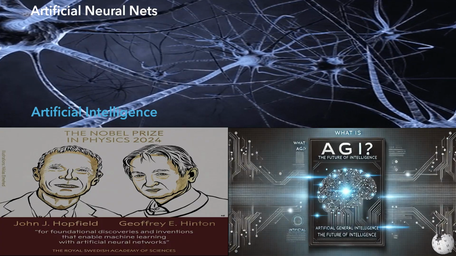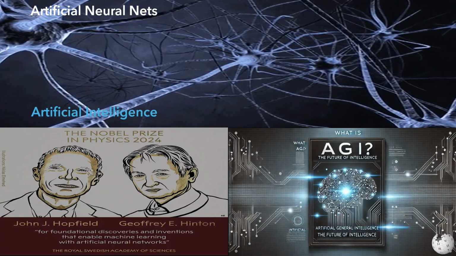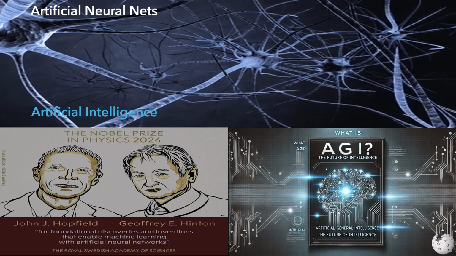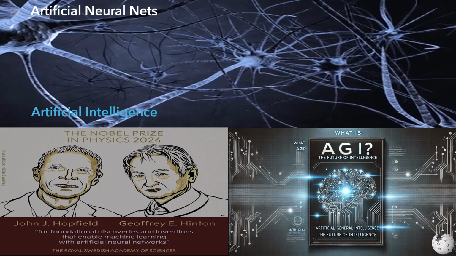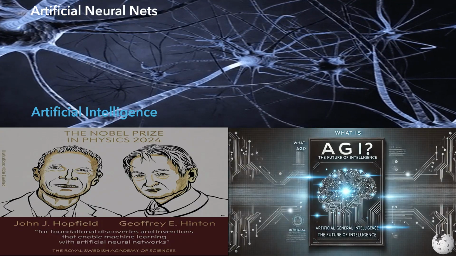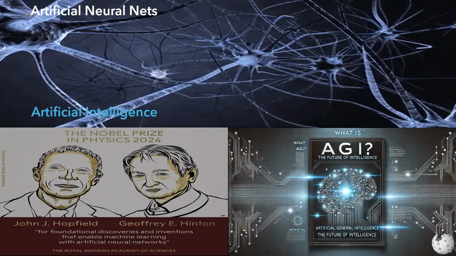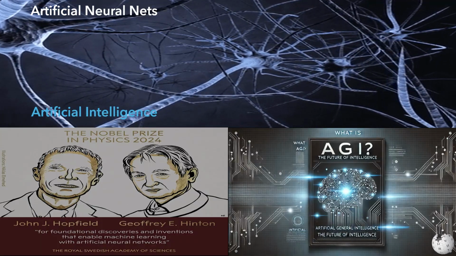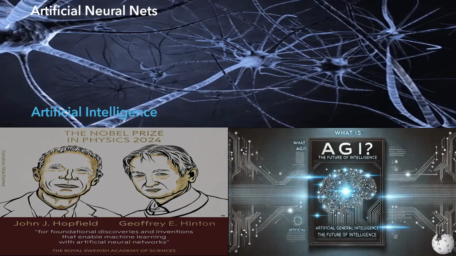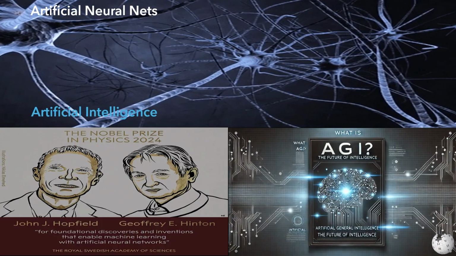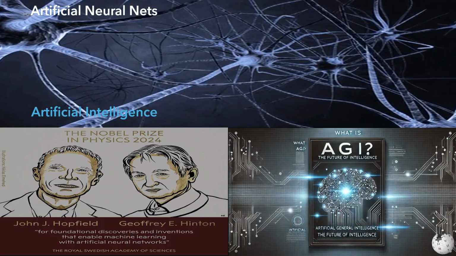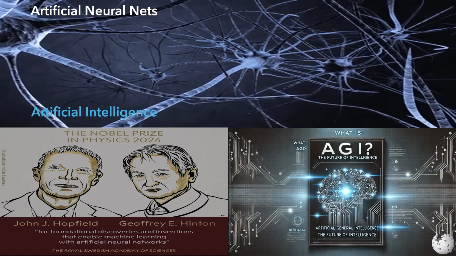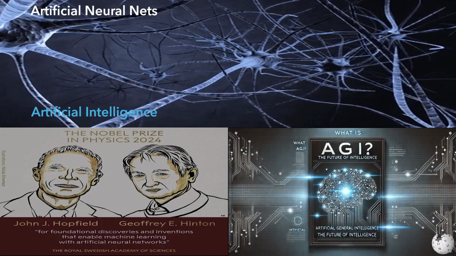A 2020 survey identified 72 active AGI research and development projects in 37 countries. The timeline for achieving AGI remains a topic of ongoing debate. As of 2023, some argue that it may be possible in years or decades, others argue that it could take a century or more, a minority believes that it may never be achieved, and another minority claims that it is already here. The Nobel laureate in physics for his work in AI, Geoffrey Hinton, has expressed concern about the rapid progress towards AGI, suggesting that it could be achieved sooner than many expect.